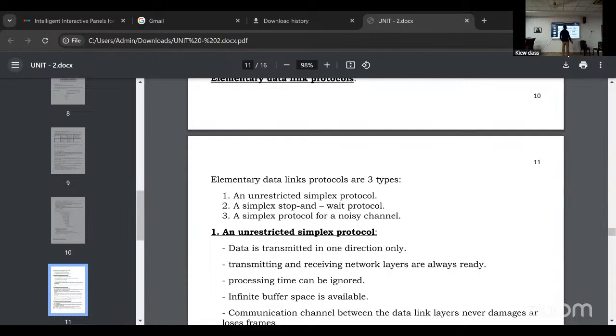See, maximum segment length: 10 base 5 is 500 meters. 10 base 2 is approximately 200, precisely 185 meters. Twisted pair supports 100 meters. Fiber optics supports more, 2000 meters.